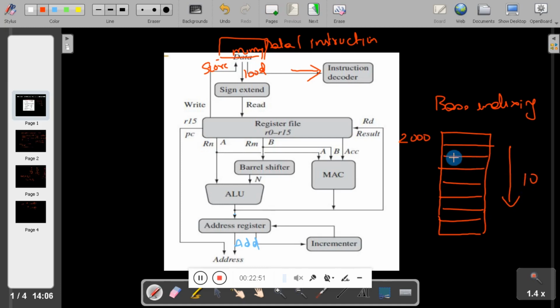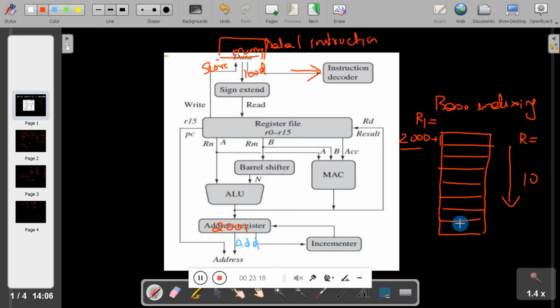For that we use two registers. One, say R1, stores the starting address of the array. The other stores the index. Here you can see the ALU first generates the address, 2000 plus 1, and this is stored in the address register.